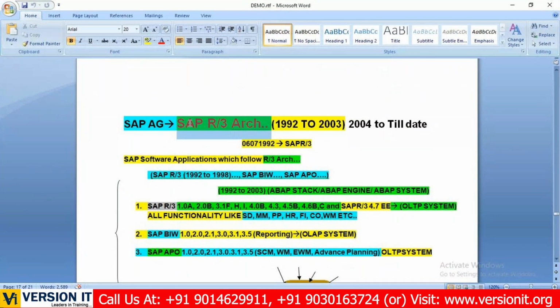You have written. Now make a note of it. What does it exactly mean? Write down: every software application designed by SAP AG